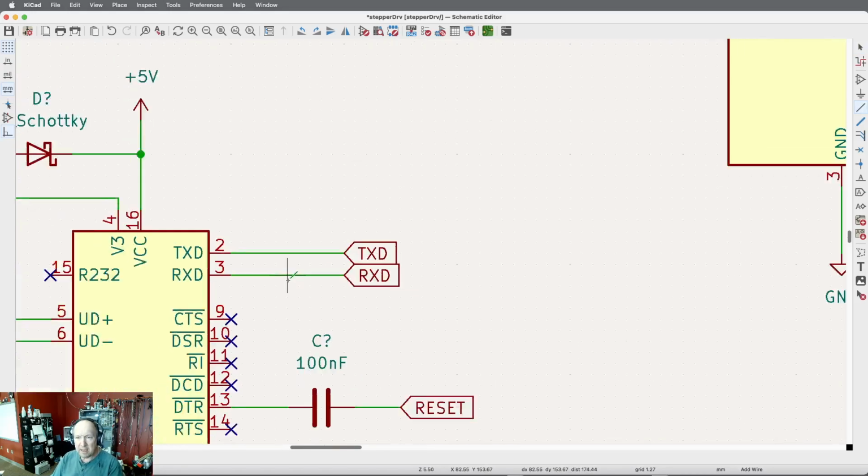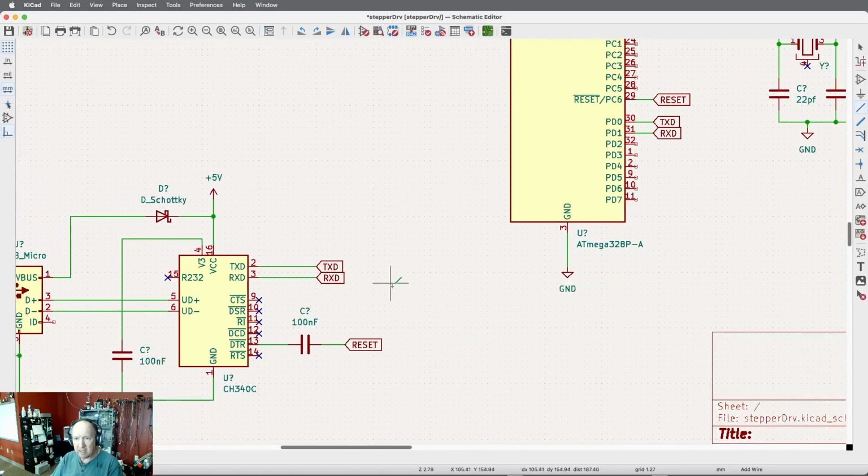Now, if you look on the data sheet for an ATmega 328, you'll notice that pin 30 is not the transmit line for the serial, it's the receive. But that makes sense because the transmit line for the CH340 has to go to the receive line for the ATmega 328. So that's kind of the way it goes. Okay, so now we've got,